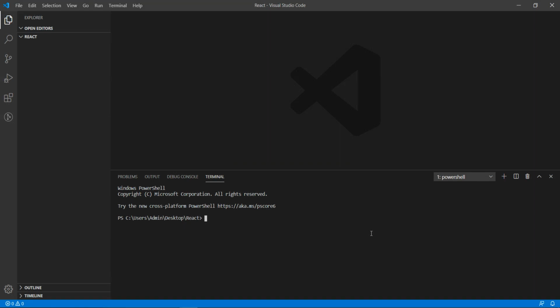I am using Visual Studio Code here, but you can use any one that you want. So now execute the following commands: node --version and npm --version. You can also write node -v and npm -v. Both commands will provide the current version of node and npm. If you get an error message like node is not defined or any other, then you have to install node in your system. So how to install node in your system?